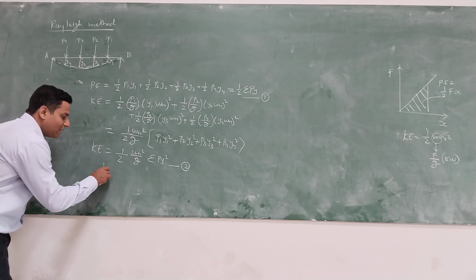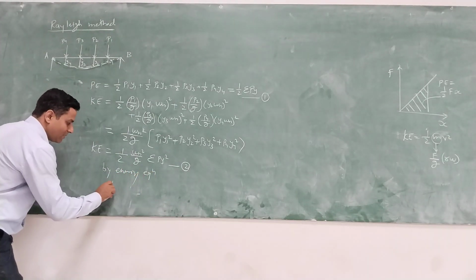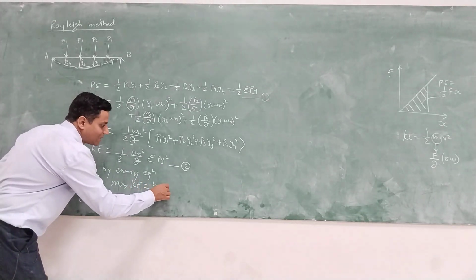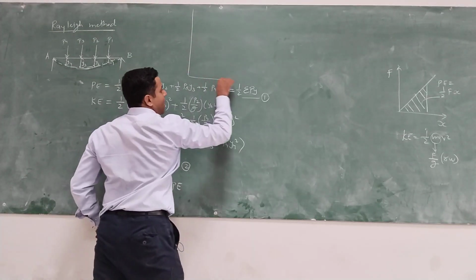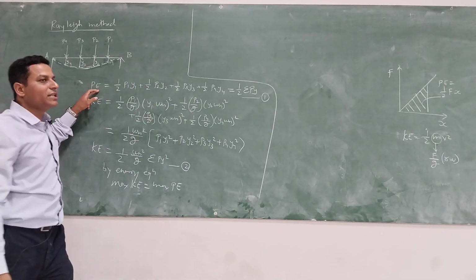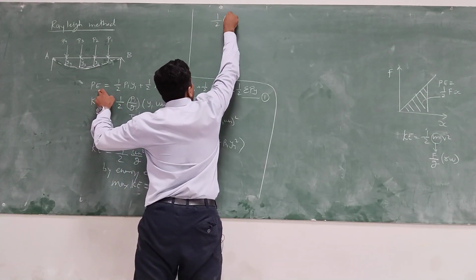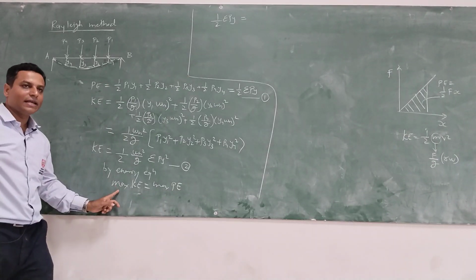So by energy equation, maximum kinetic energy is equal to maximum potential energy. So maximum potential energy, 1/2 summation Py, is equal to maximum kinetic energy